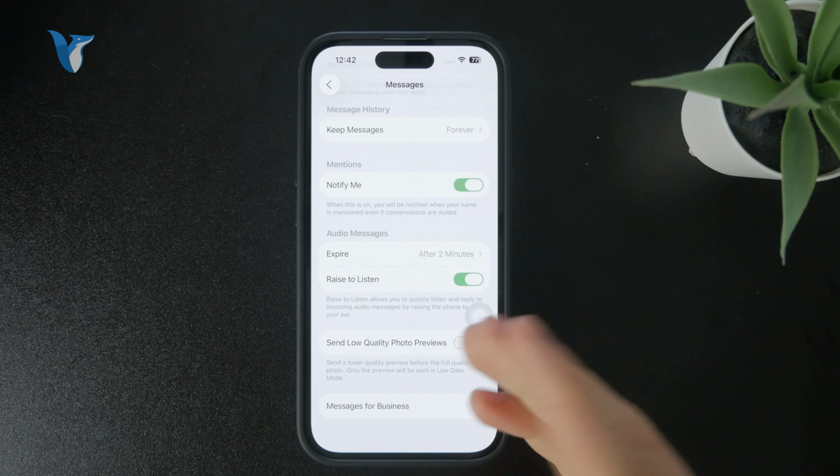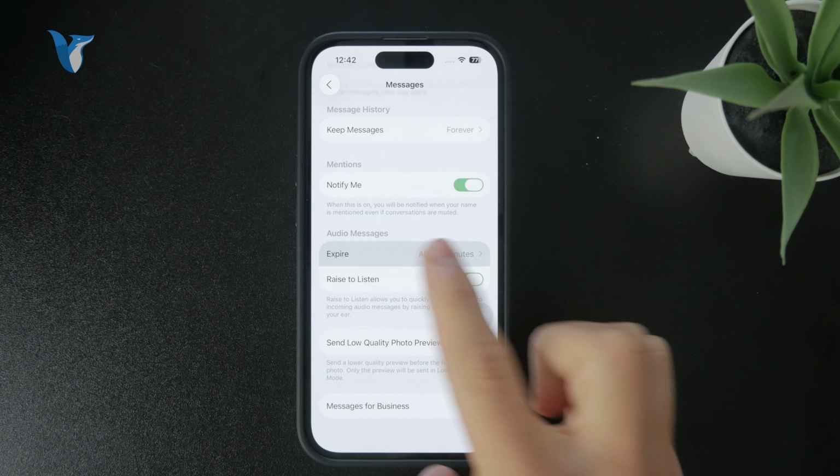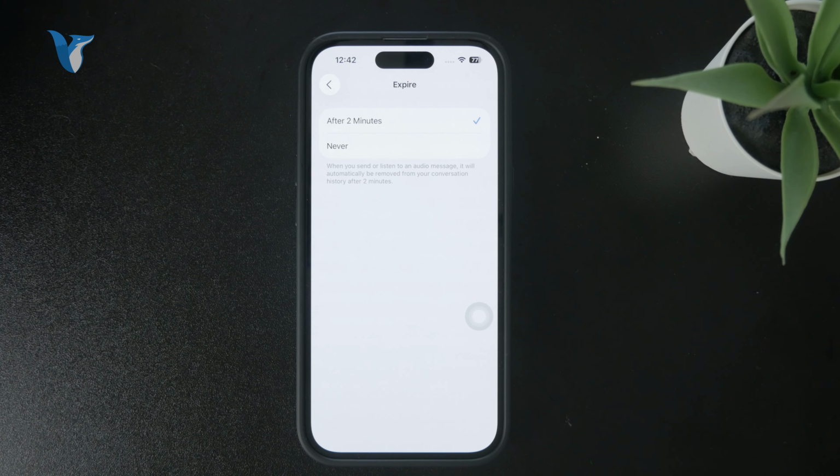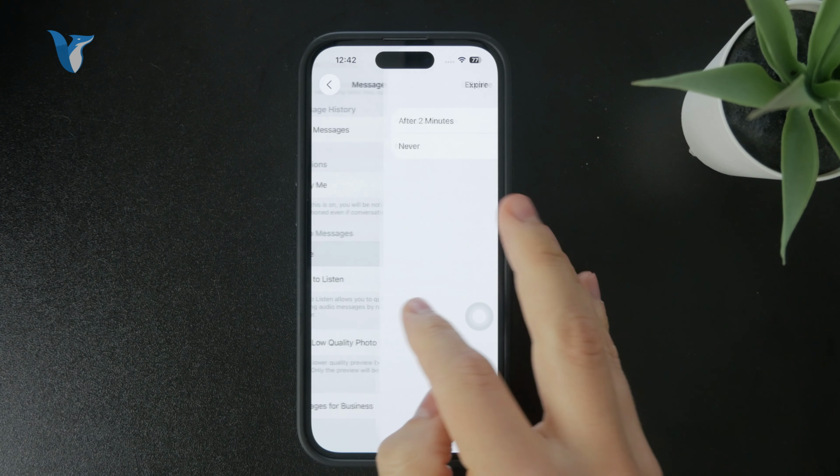First of all, we have the audio messages, which are set to expire after 2 minutes, right? So you can set it to never, which is something a lot of people would prefer. So that's pretty useful, but that's not the whole story or the whole picture, because above that we have the